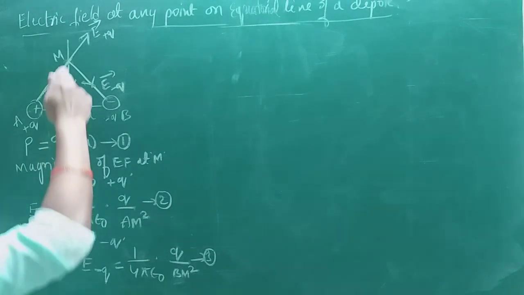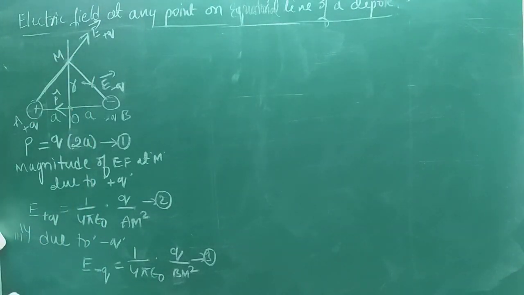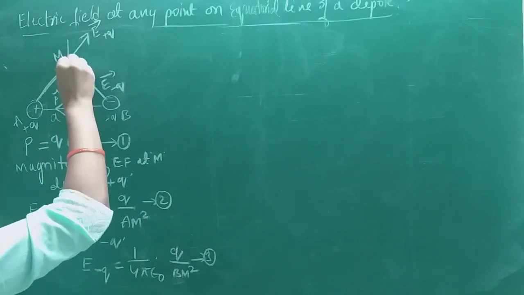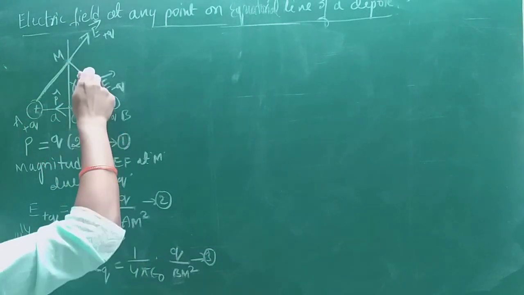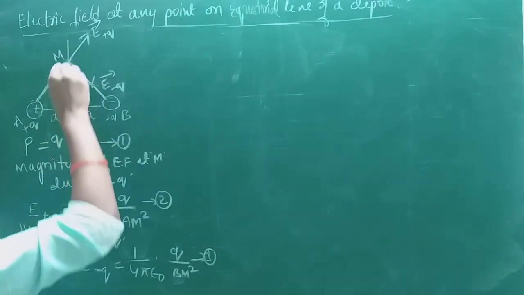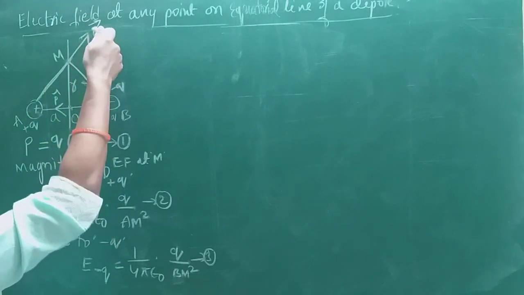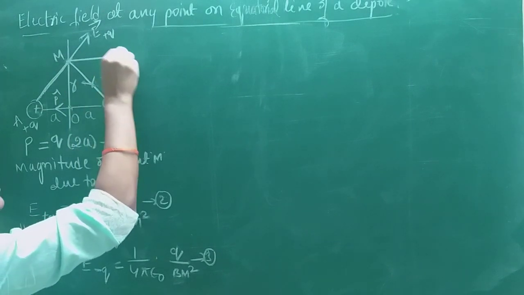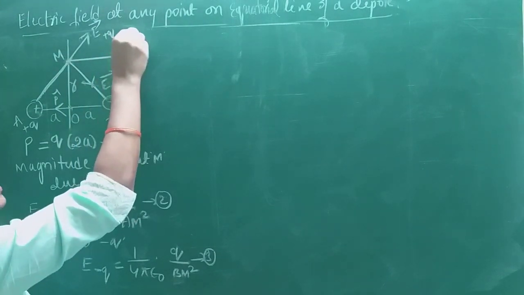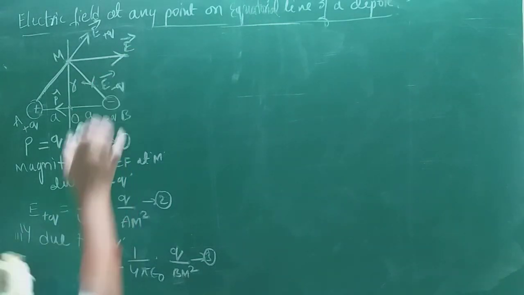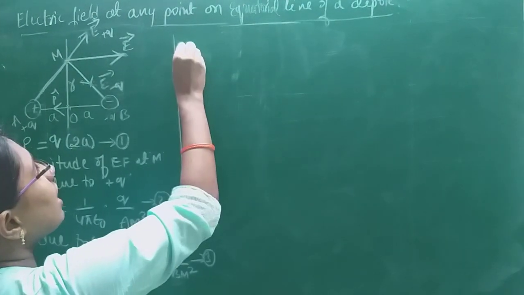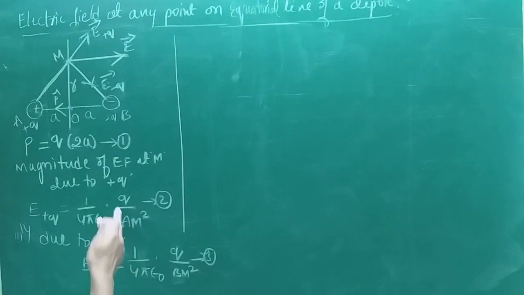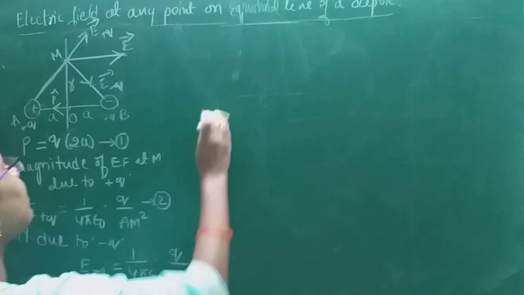Then we need to find out the total field at this point. According to the superposition principle, the total electric field at any point is the vector sum of the electric fields due to a number of charges. So we have to consider the resultant of these two electric fields as the total field. The resultant of these two fields will lie in between these two only. Therefore, this is the direction of the resultant electric field, vector E. Okay. So according to the superposition principle, we write vector E value. Here, we don't know the values of AM square and BM square, right? So now, let us find out the values of AM square and BM square.